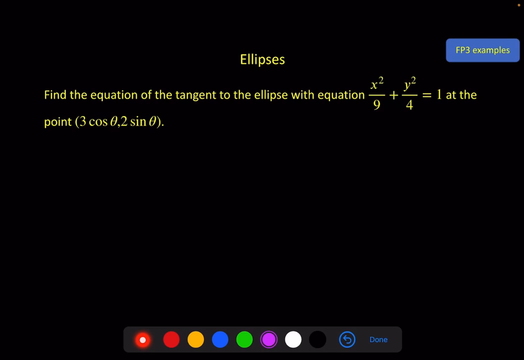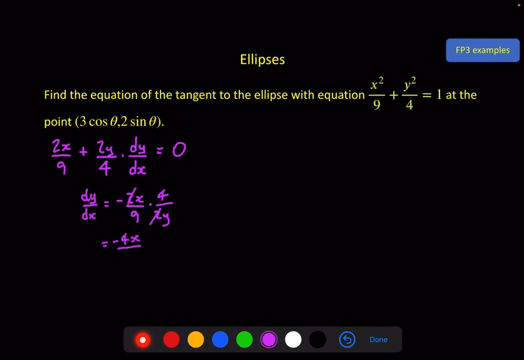So we can do implicit differentiation. So we get 2x over 9 plus 2y over 4, and in order to differentiate y I need to times that by dy by dx for the chain rule, and don't forget the derivative of a constant is 0. So rearranging this I get dy by dx is equal to minus 2x over 9 times 4 over 2y, minus 4x over 9y,